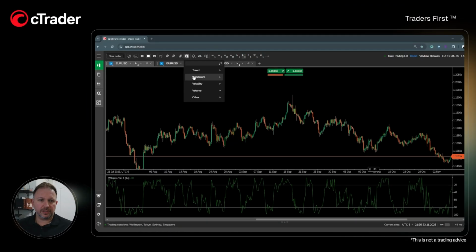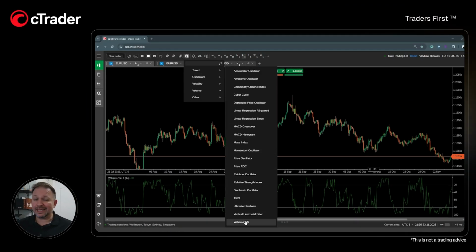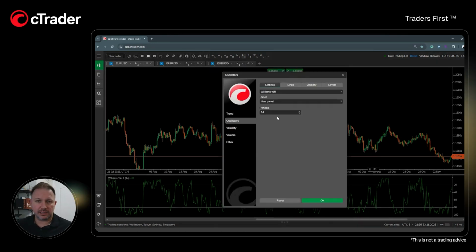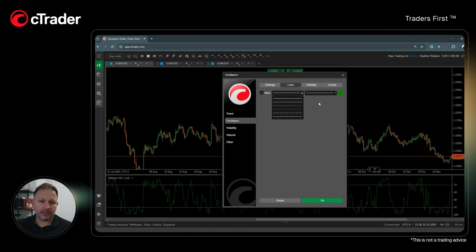So where do you find this indicator? What are its most common uses? Let's break it down. Under the indicator oscillators section, the last one in the list is Williams Percentage R. By default it is applied to a period of 14, and of course you can predefine the lines, type of line,